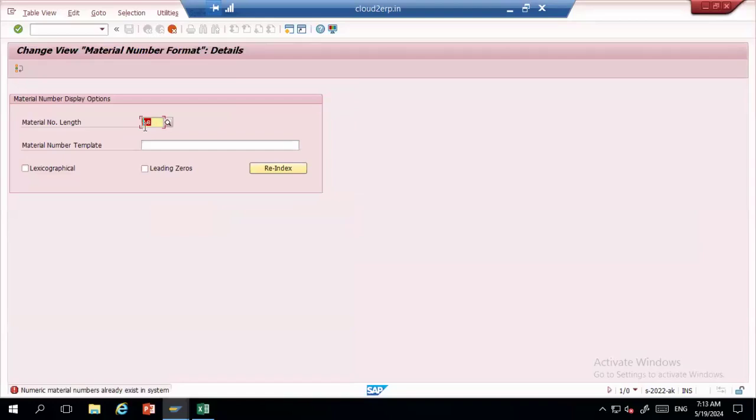So to fulfill my condition from business, my material number length should always be 18 digits or 18 characters. Now I have only 4 characters, but the business requirement is always to have 18 characters. So you can have prefix zeros. In front of your material number, you can put zeros. If I enable this leading zeros